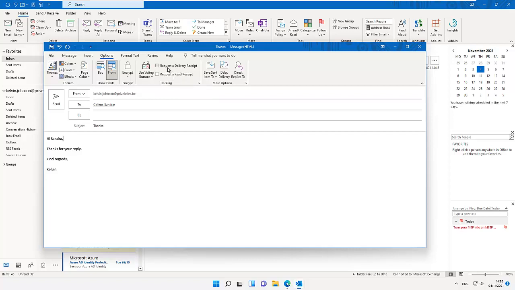So the first one says request a delivery receipt, which means that if, for example, I send this message to the user and it is the right email address and the message was delivered to the user's email address, I'm going to receive a message which says that the message was delivered. But mind you, it will not tell me if the user has read the message or not. So the user can actually receive the message and ignore it. So it will not give me any notification, or I will not know if that user has read the message